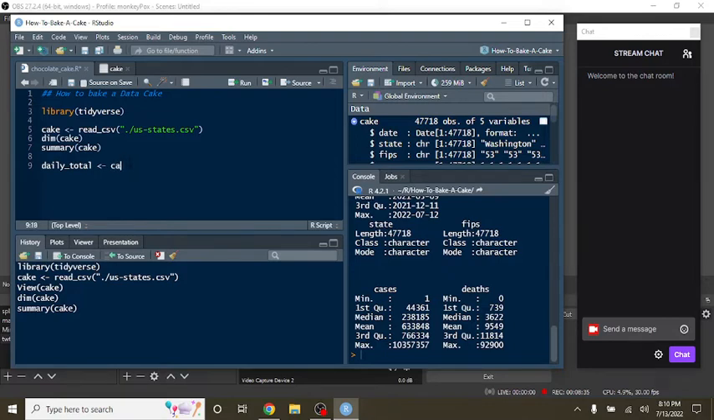This is a pipe function. It says take the output from this data frame here and pass it to the right. Now the arrow here says redirect the output from this command back over to here to create a new data frame called daily_total. Okay, so now what we want to do is